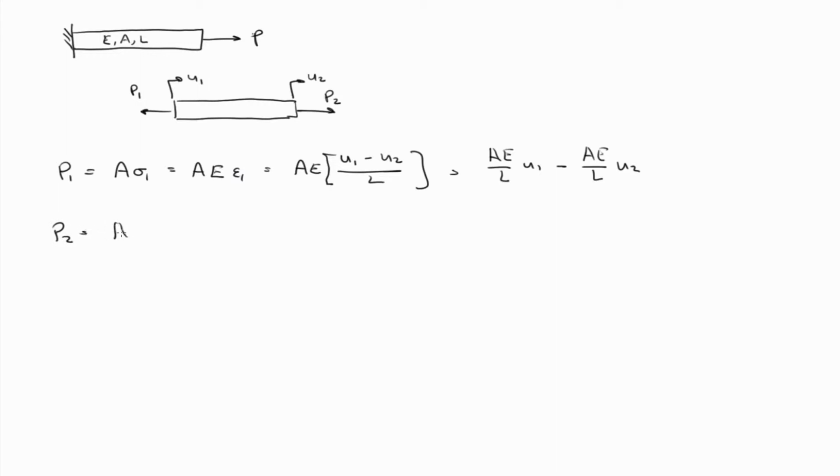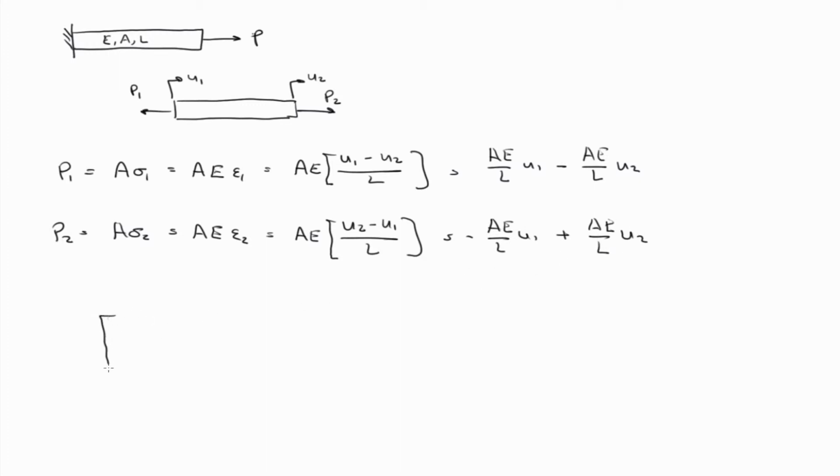Likewise, P2 is the area times the stress on face 2, which is the area times the Young's modulus times the strain. And the strain, using the same definition, is U2 minus U1 over L. So that's minus AE over L U1 plus AE over L U2. And so then if we wrote this in matrix form, we'd get